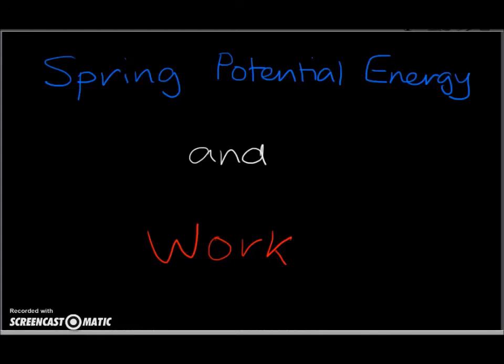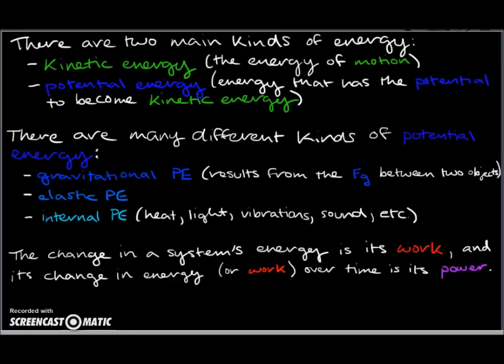Hello everyone. In today's video we are going to be talking about spring potential energy and work. As you already know, there are two main kinds of energy: kinetic energy, which is the energy of motion, and potential energy, which is energy that has the potential to become kinetic energy. There are many different kinds of potential energy, such as gravitational potential energy, which results from the force of gravity between two objects, elastic potential energy, and internal potential energy, which is released in forms of heat, light, vibrations, sound,